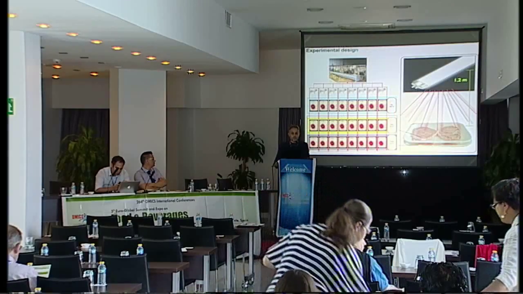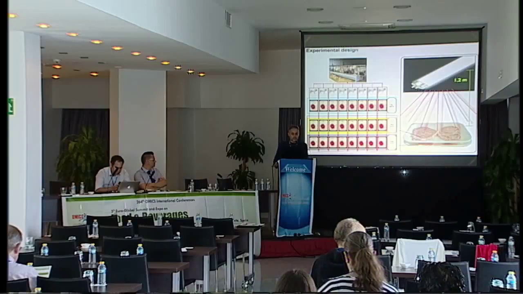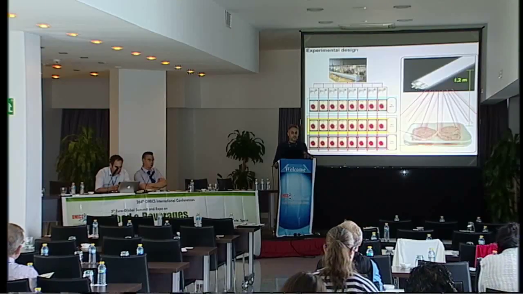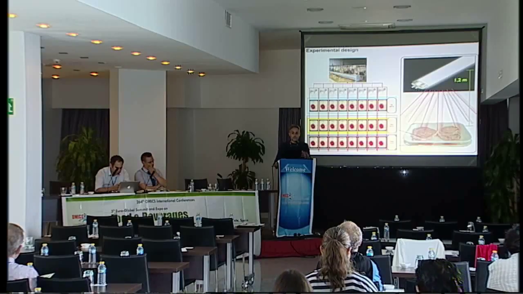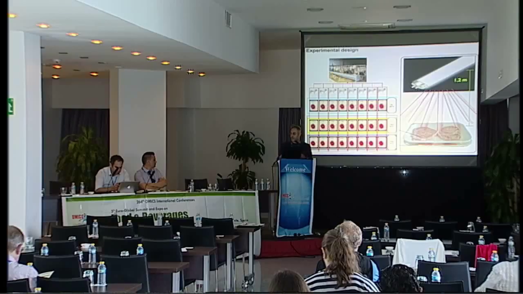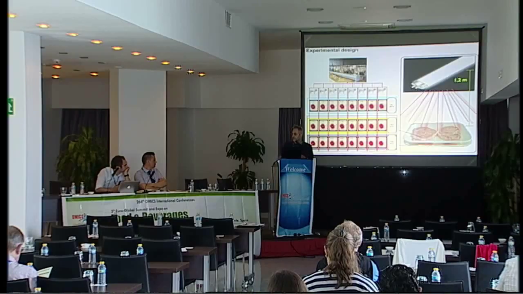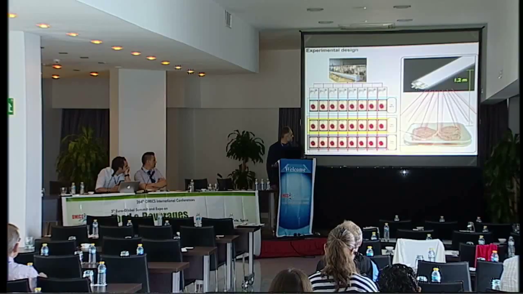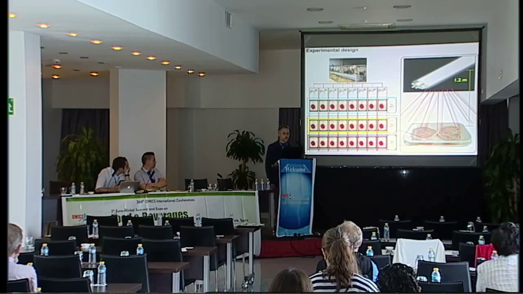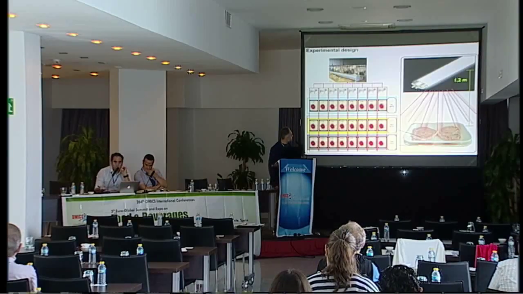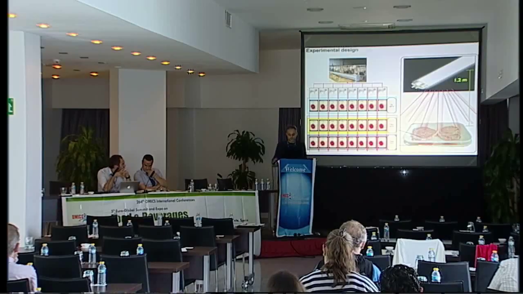After slaughtering, the obtained slices were stored for 8 hours after 15 days of wet aging at 4 degrees. This is a typical procedure used in Italy in order to obtain a good tenderness of meat. Then we stored the meat slices for 8 hours in the dark and exposed to light, and the results were compared with time zero, which was immediately frozen.